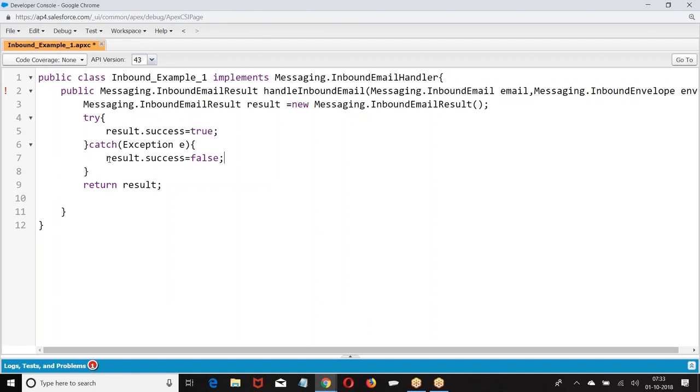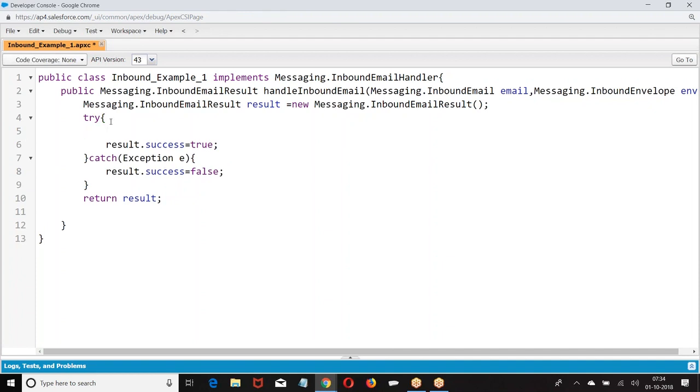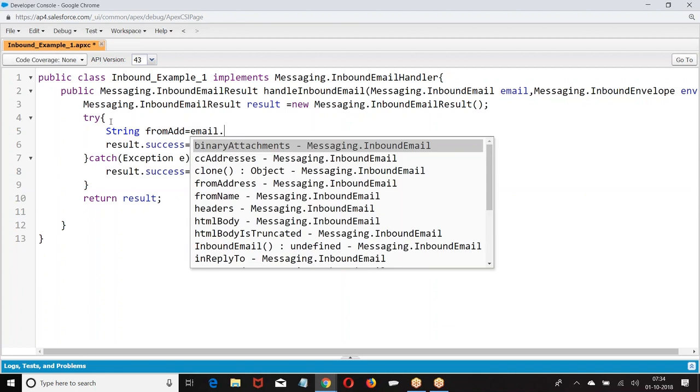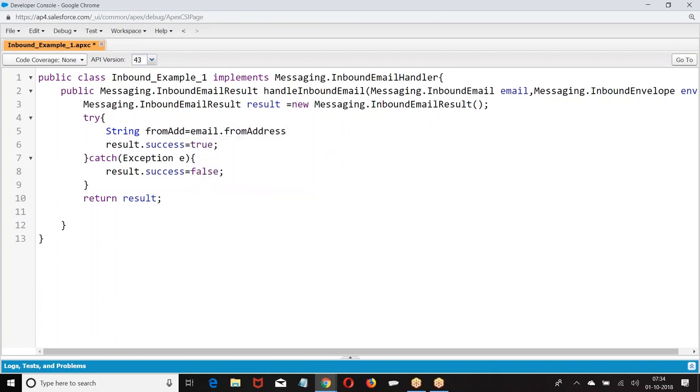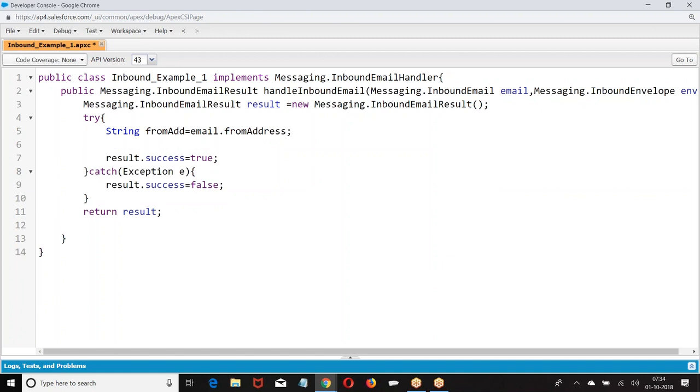Now we have messaging.InboundEmailResult. If it is handled successfully, then it is true, otherwise false. This is the basic structure. Now what I want to do is create a string fromAddress equal to email.fromAddress. From whom did we receive this email? Based on this from address,